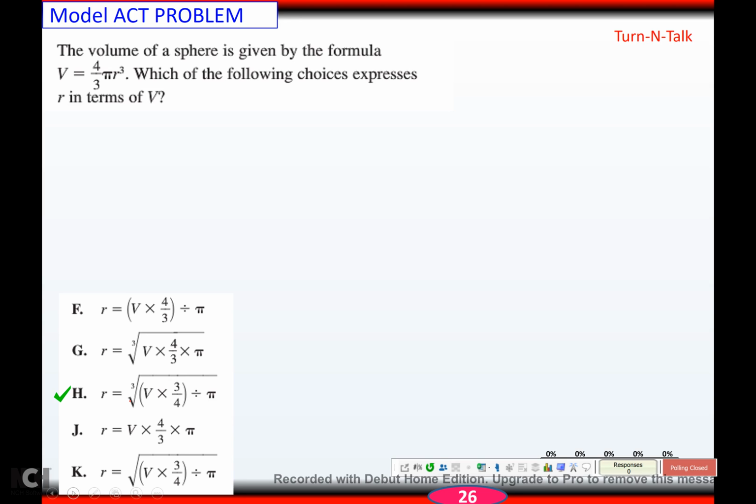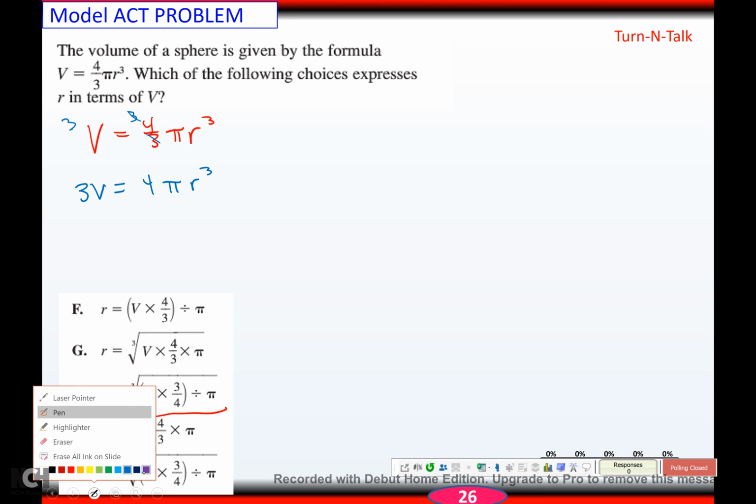Okay, this one, the concoction they came up to write it at is absolutely ridiculous. But the volume of a sphere is given by the formula V equals 4/3 pi r cubed. Which of the following choices expresses r in terms of V? Well, when I did this, I was like, oh, get r alone. So the first thing I did was I multiplied by 3, which gave me 3V equals 4 pi r cubed. Okay, and then I divided by 4,